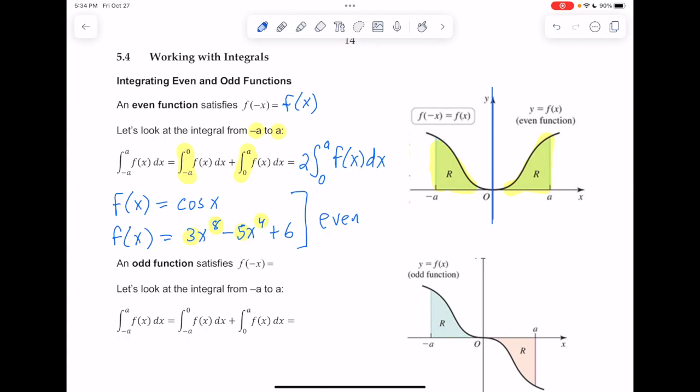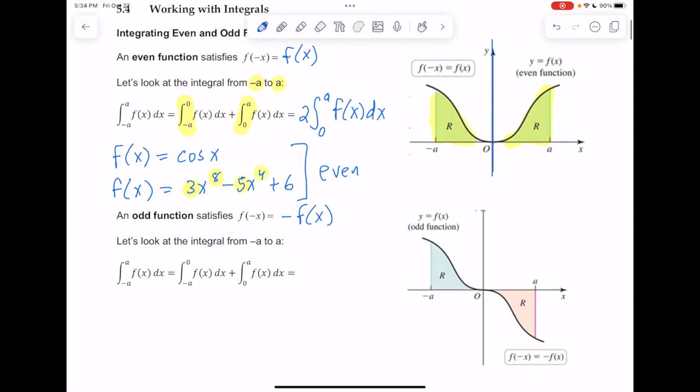The even better trick comes out of working with an odd function. So just a reminder of what it means for a function to be odd. That would be one that satisfies f of negative x equals the negative of f of x. So an odd function is one where you plug in a negative x in place of x, you simplify, and if you factor out a negative, then once that negative's out of the way, you're left with what you started with.